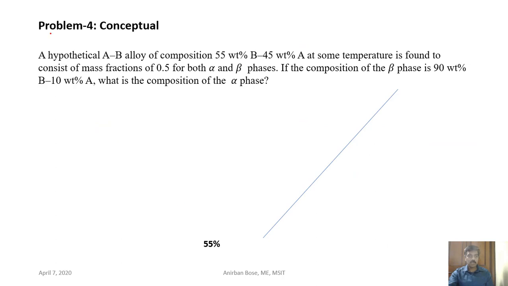Now coming to the last problem in this tutorial, which is a bit conceptual problem. You see, the problem is, consider a hypothetical alloy consisting of two components A and B, where it is given that the percentage of B is 55, so obviously the percentage of A is 45. This is the overall composition basically. Okay, overall composition is known,